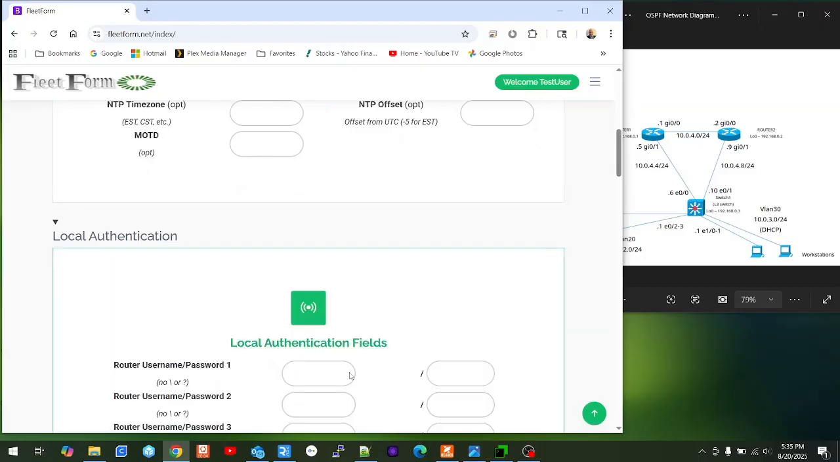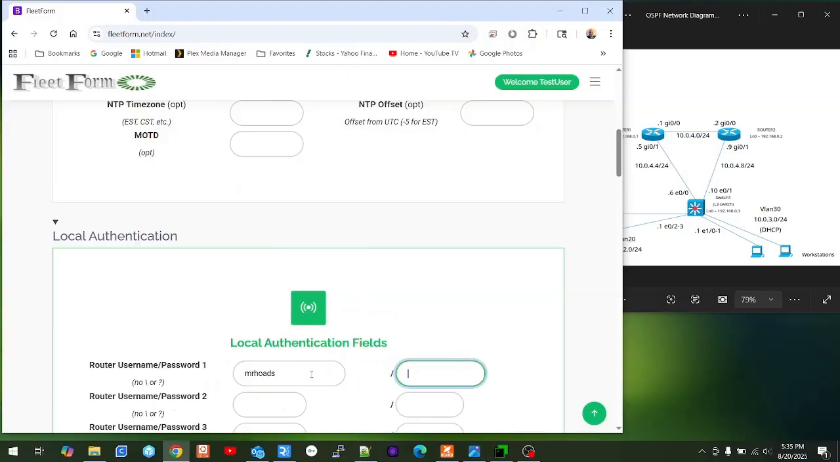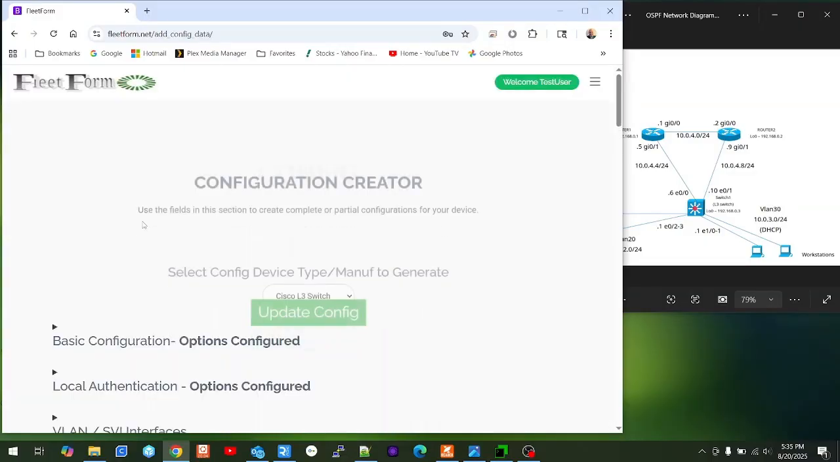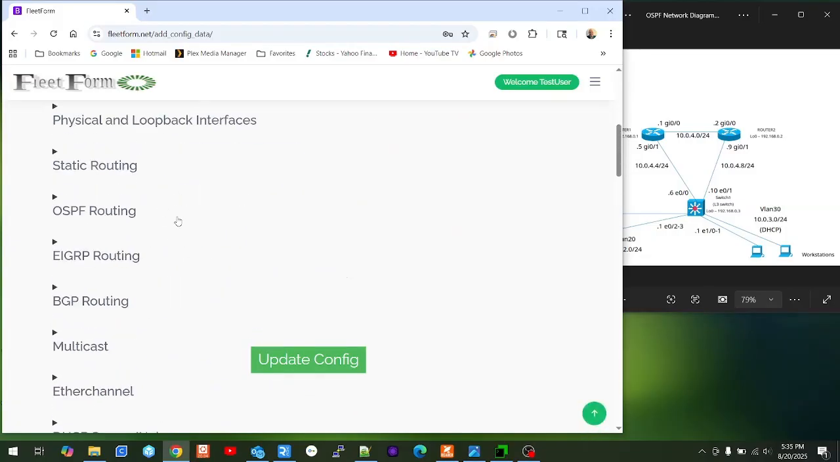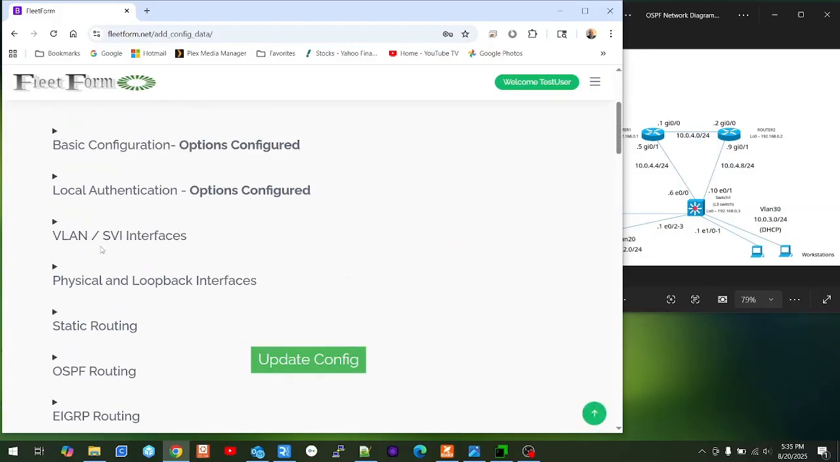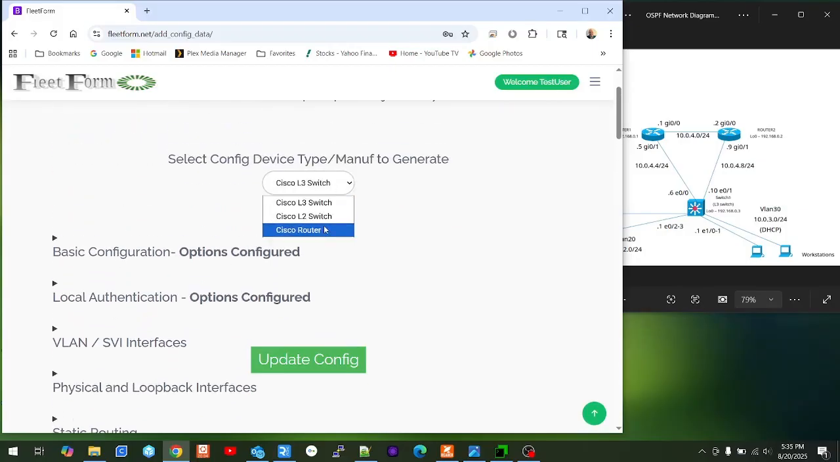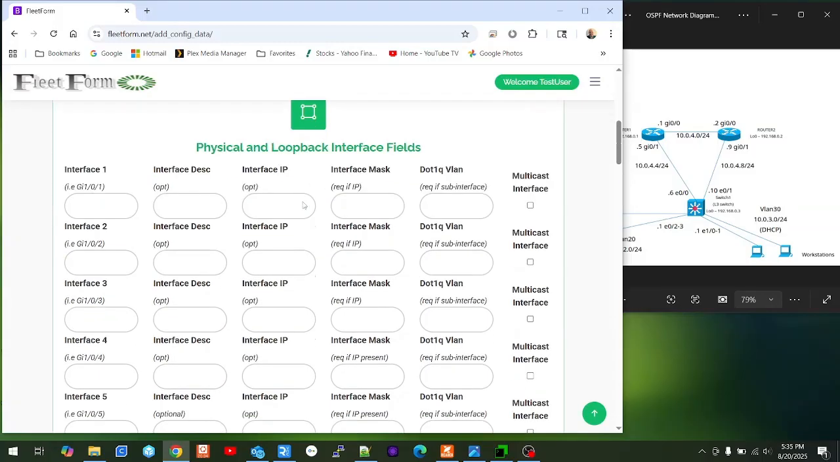Get a local account made. Go ahead and update the config there. Now, one thing that I forgot, as I can tell, is I forgot to go ahead and change this to a Cisco router. So let's do that real quick. Okay, great. So now that we have the right type of device that we're going to configure,